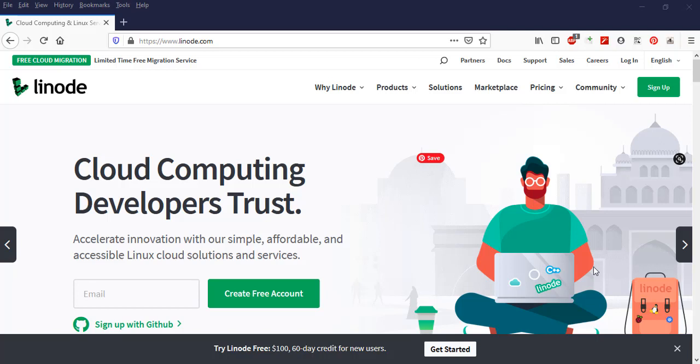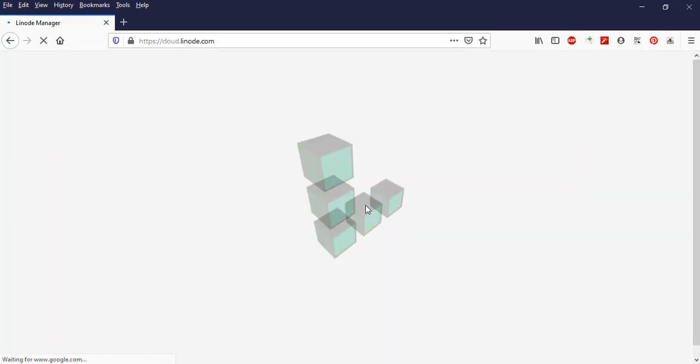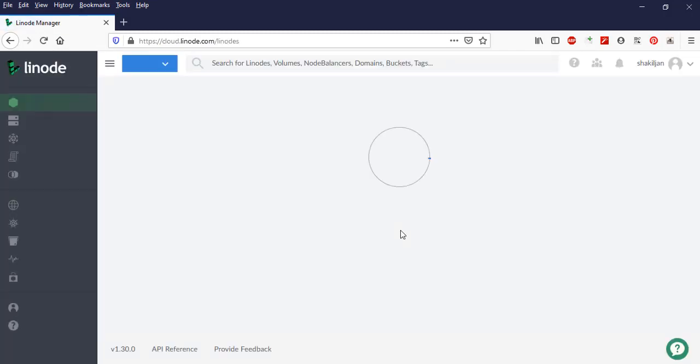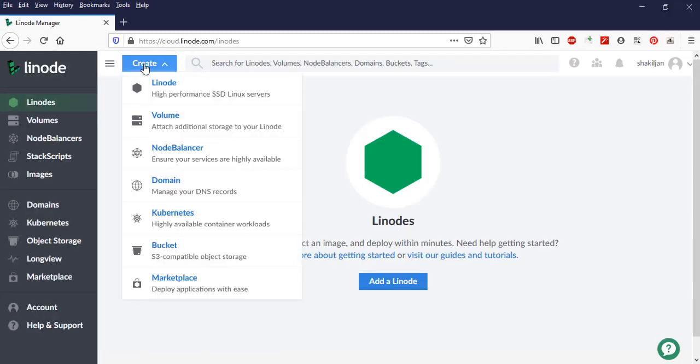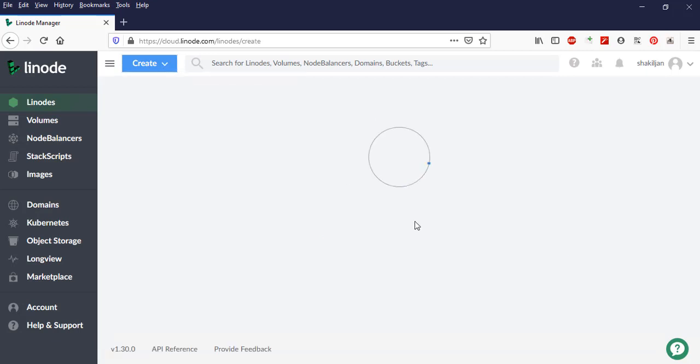So first you need to go to linode.com and they will give you $100 for 60 days. So sign up an account there, and once you sign up an account, just log into the Linode Cloud Manager, and here we will spin up a new instance. You need to click on create Linode,